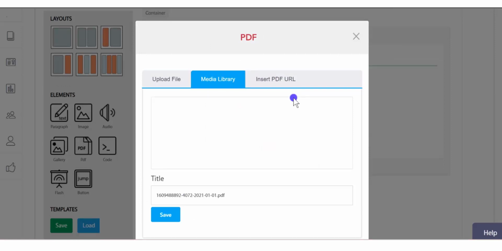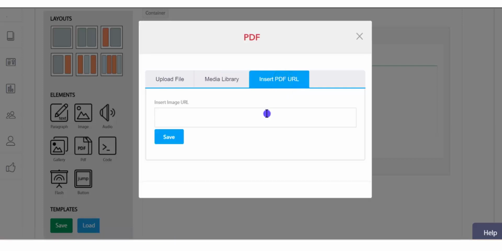The third option is to put the URL of the PDF so that from a third party page the PDF can be inserted as the learning content of the lecture.